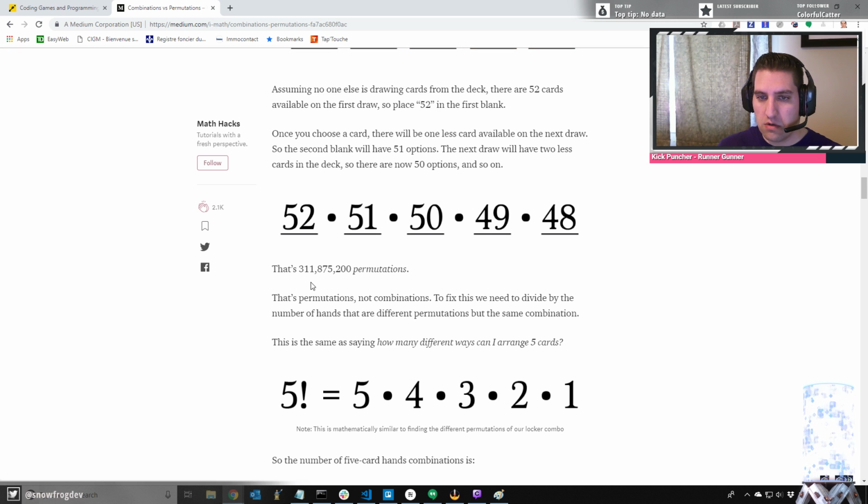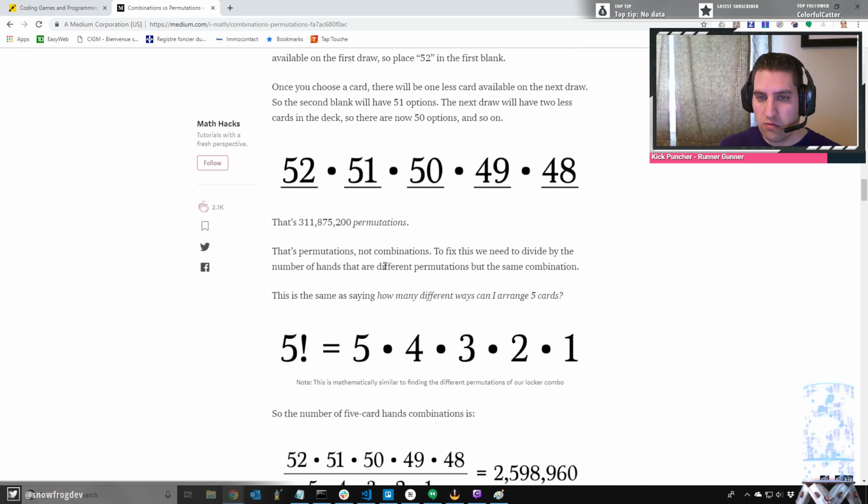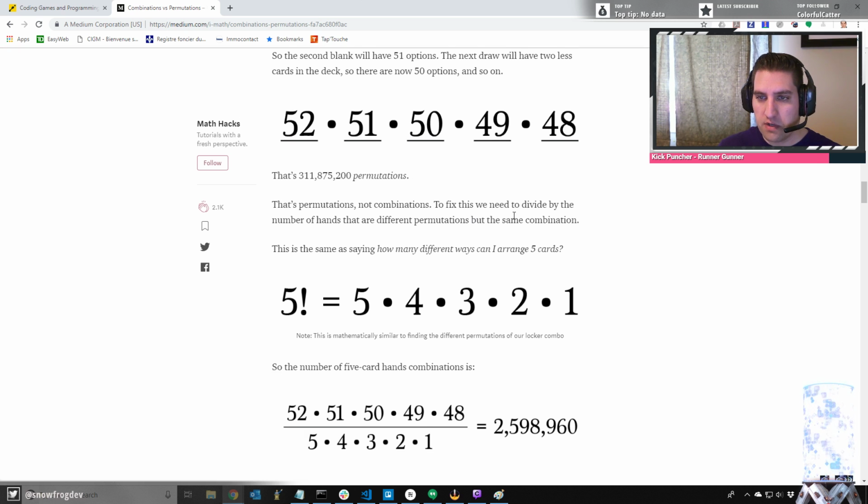That's 311 million something permutations. That's permutations, not combinations. To fix this, we need to divide by the number of hands that are different permutations but the same combination. This is the same as